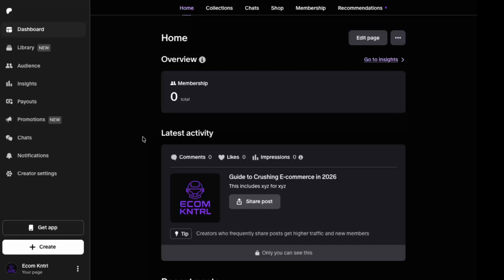on the Create button. This is where you start any new content: posts, audio, video, and in this case, photo posts. When the Create menu opens, select Post. This tells Patreon you're making a standard post that can include text and images, and it will open up the